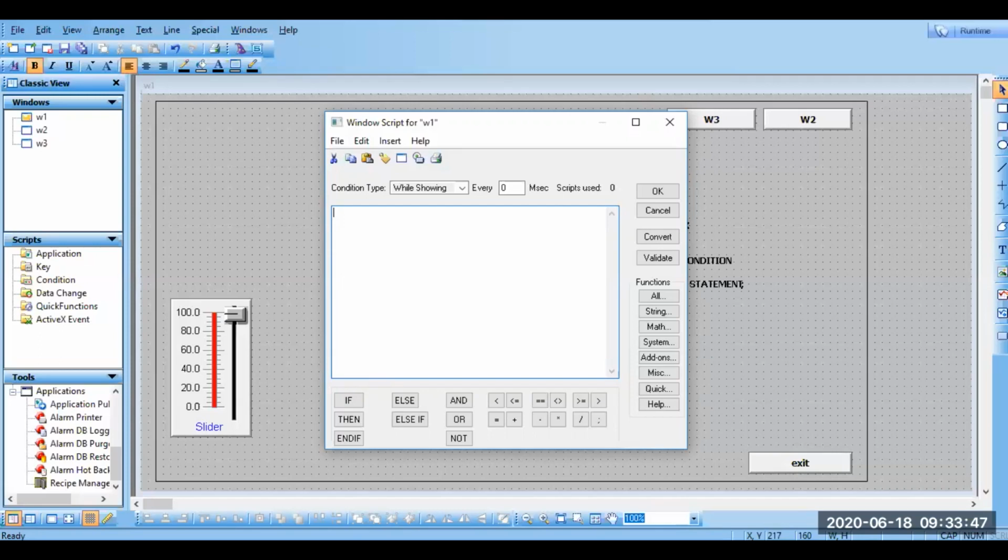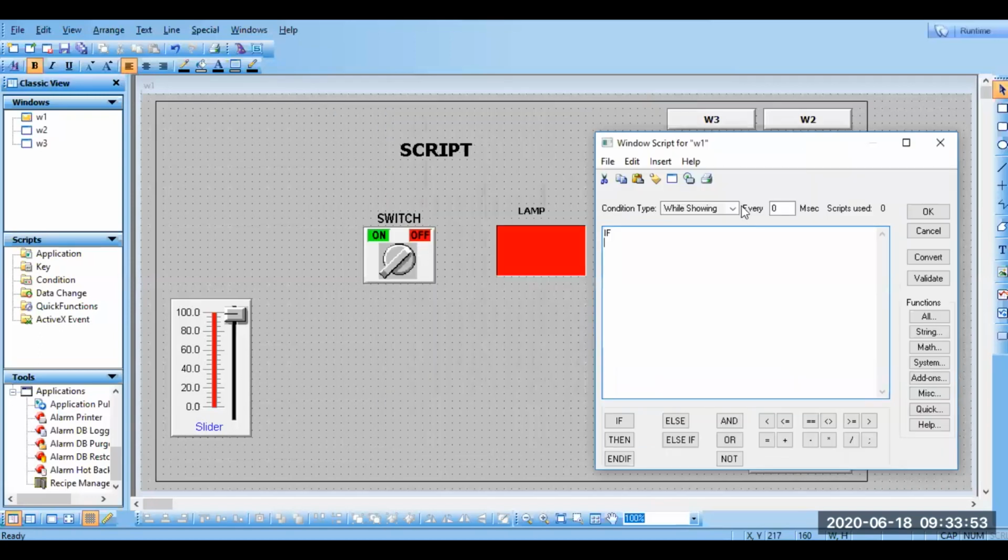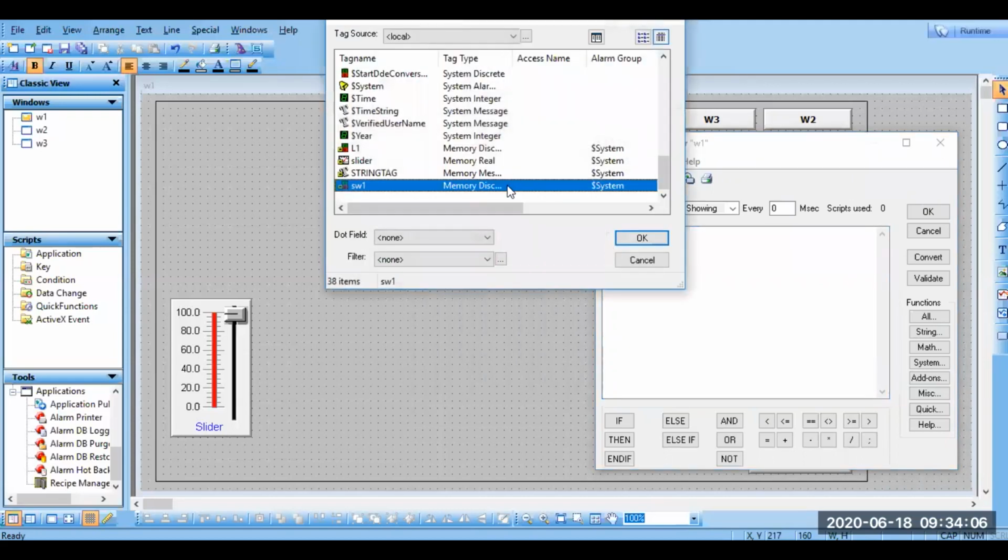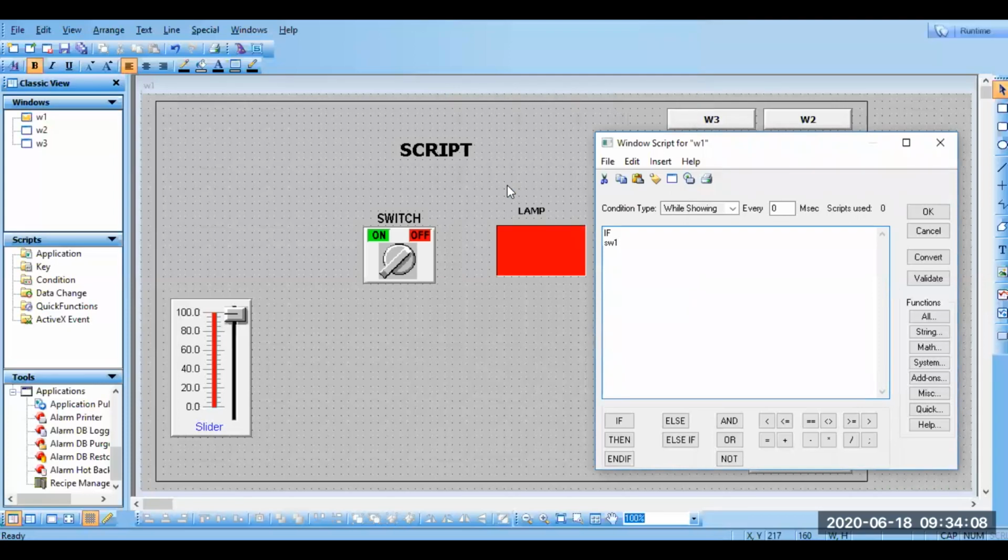Shall we write? If, what is our input condition, what is our input tag name? It is SW1. Whether it is uppercase or lowercase, you need to write it properly. If you do not know, just double click and it will take you to the tag name dictionary. Click that and type equal to 1.